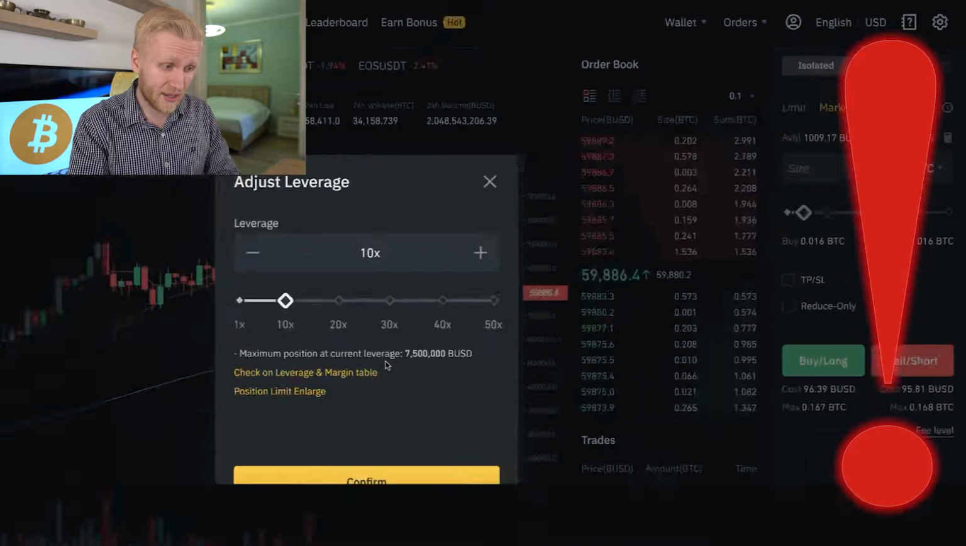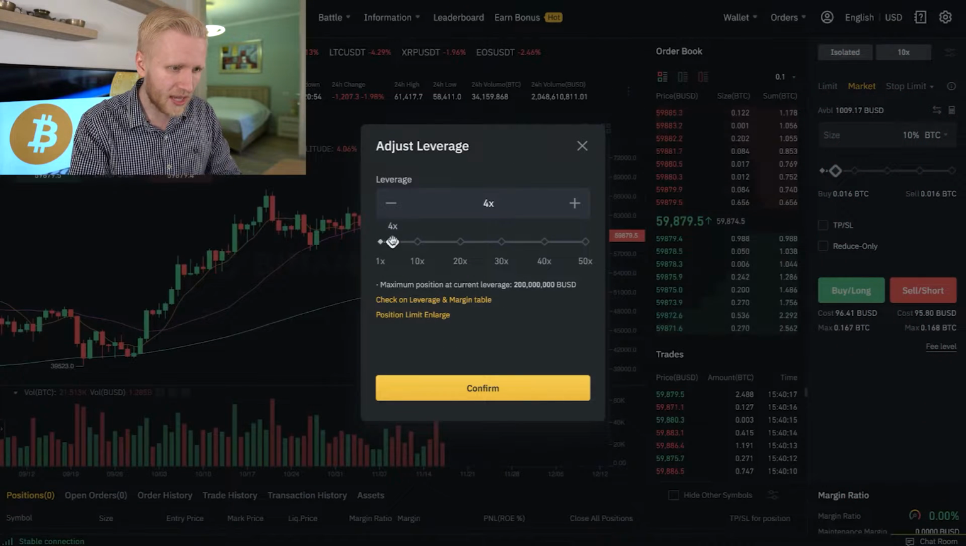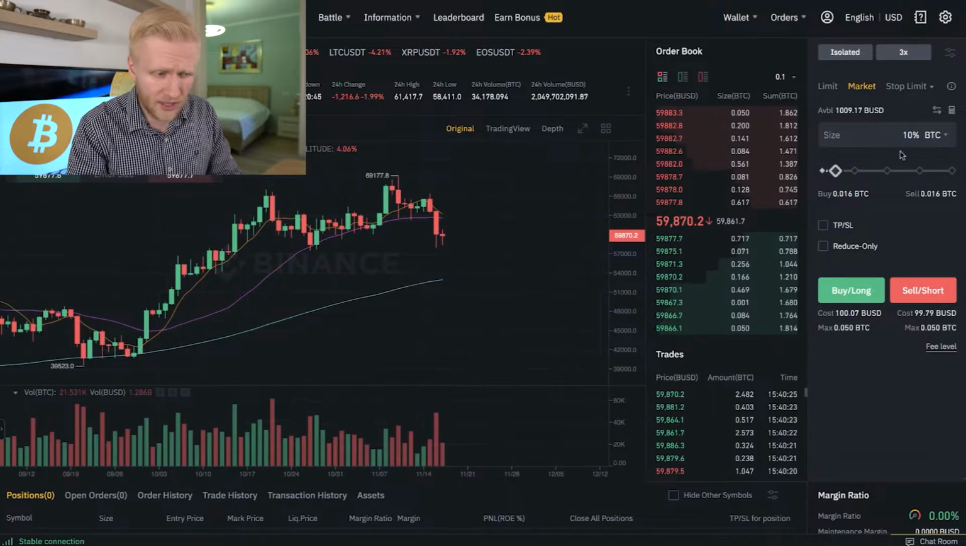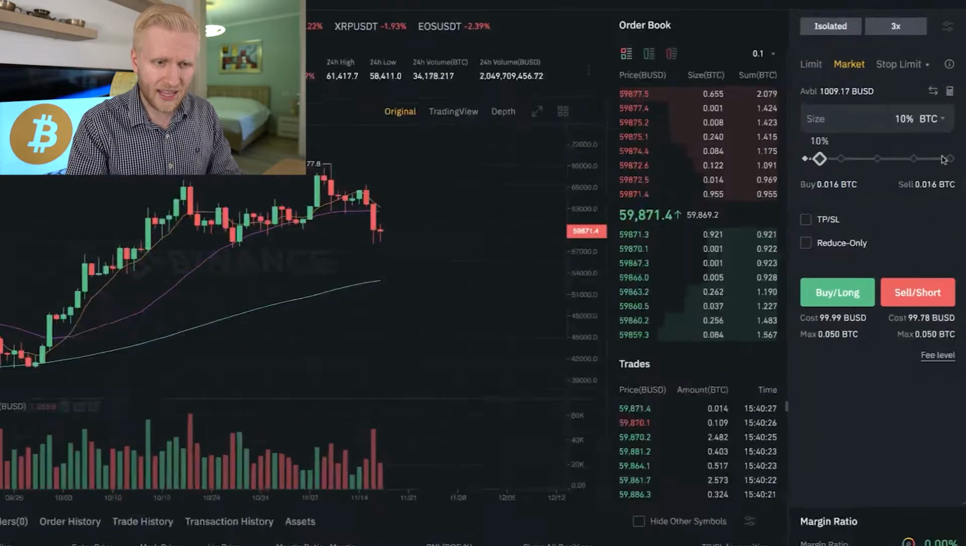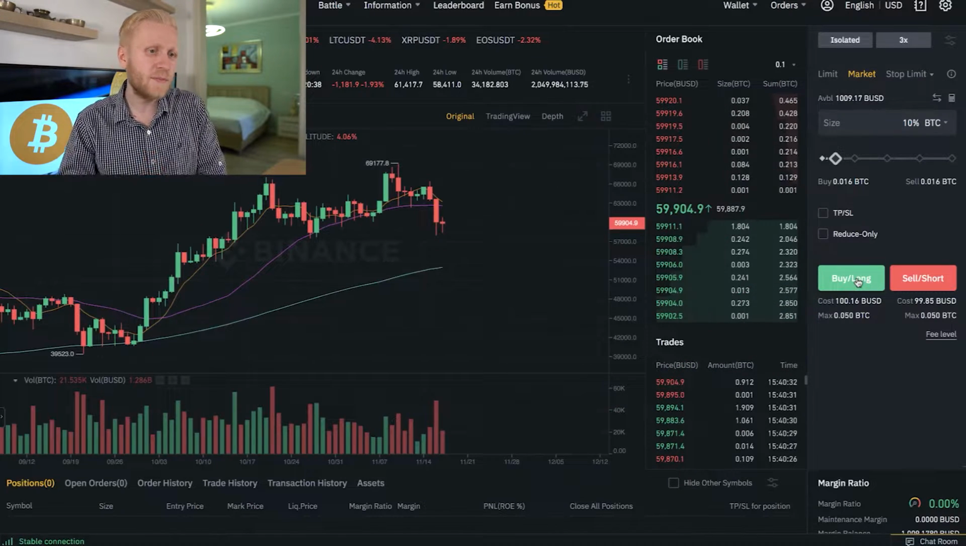But it's really risky if you use a lot of leverage. So we are just going to put 3x because that's what I recommend for beginners. The good thing here is that you can try with a small amount of money. You can see even with $100, $1,000, and so on and so forth. But let's put this one right here, and I click buy long, meaning that I expect that the Bitcoin